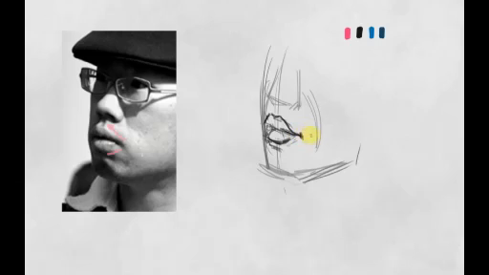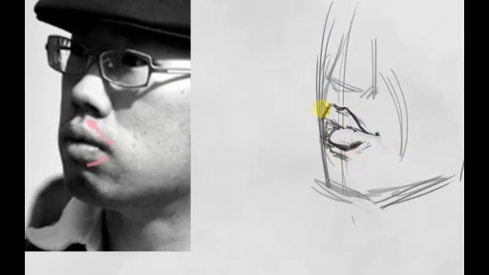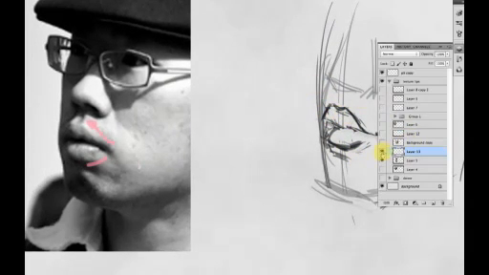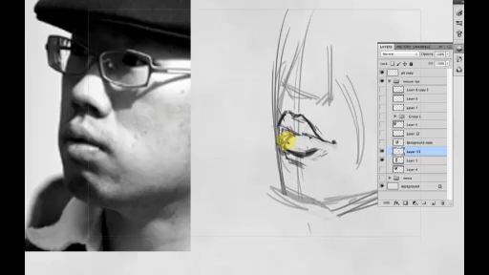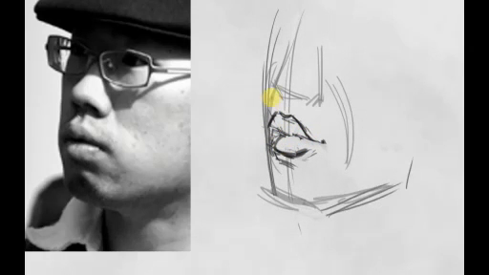And then we're going to transition to the corner of the mouth, but we're going to do it in a way that gives the illusion of the forms wrapping. So one way we can do that, I'm going to zoom in here. One way we can do that is take